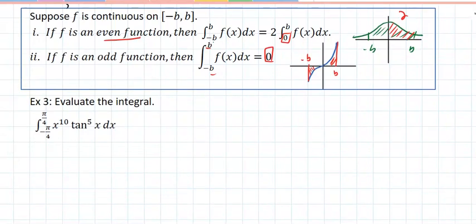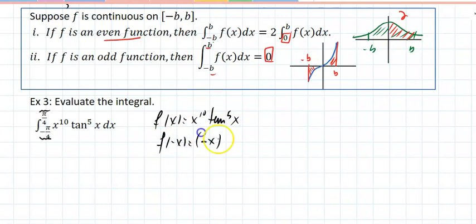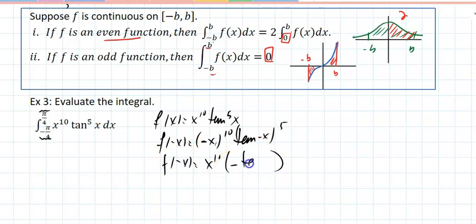That's the next section. So if I look at this problem, well, the u sub doesn't work on this. No matter what I try, it doesn't work. But do you notice that it's from negative pi over 4 to pi over 4? That's a key. F of x is x to the 10 tangent to the 5th of x. F of negative x is negative x to the 10 tangent of negative x to the 5th. F of negative x is x to the 10. Isn't that negative tan of x, because tangent is odd? And if you raise it to a 5th power,